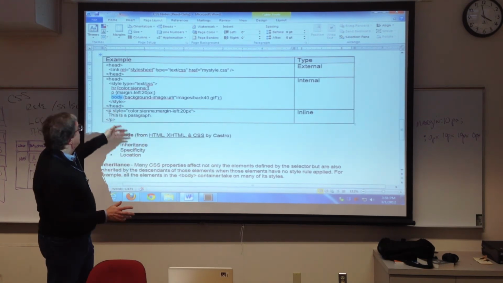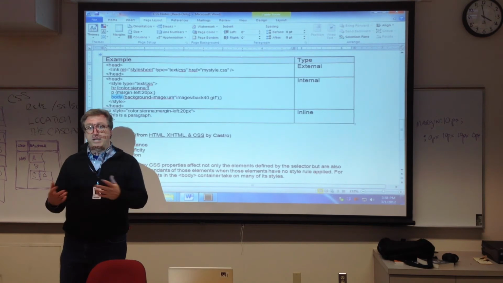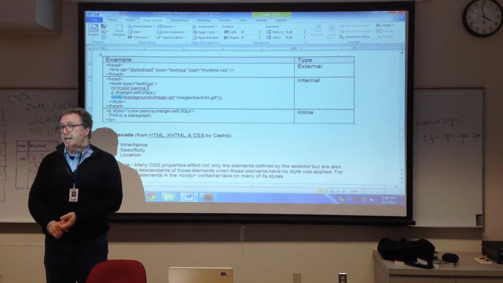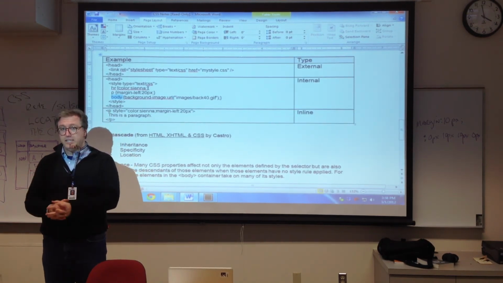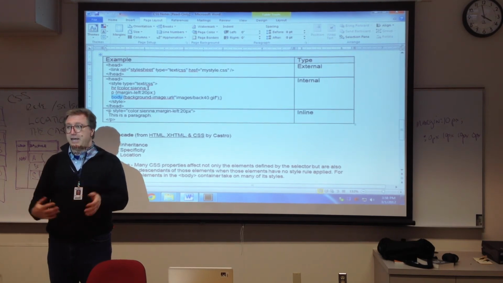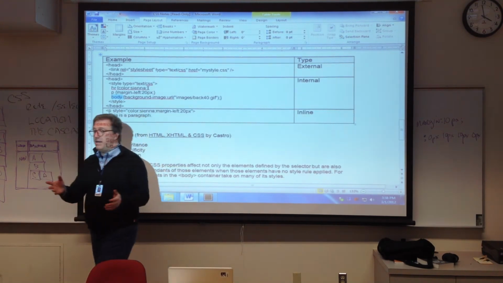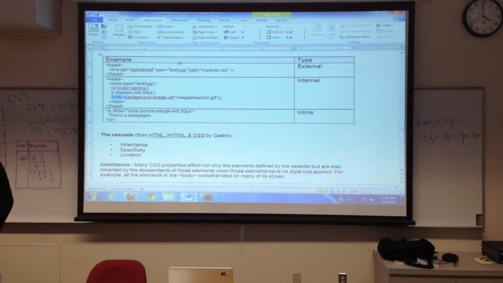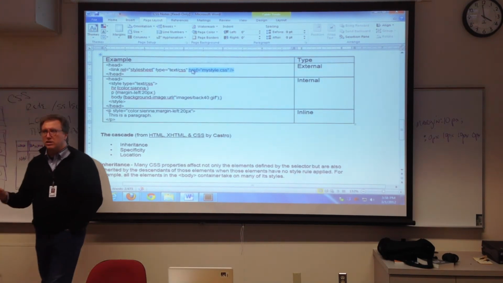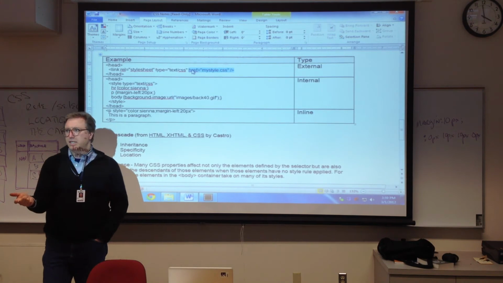So if I'm trying to control a paragraph tag and how it appears, we saw that I could just put the inline style right there on the tag and I can change it, I can see that paragraph change. Here it's in the same file, it's closer. If I put it in an external file, all I've got to do up in the head of the HTML file is link it. I use a link tag, a link rel tag. I say I'm linking to a style sheet, and again I tell what kind of style sheet I'm talking about. And I give an href, which follows all of the standard absolute versus relative addressing that we did in the